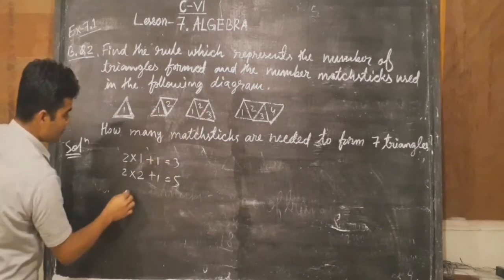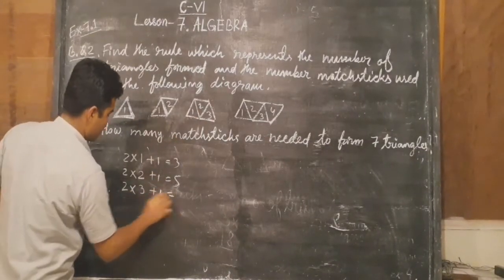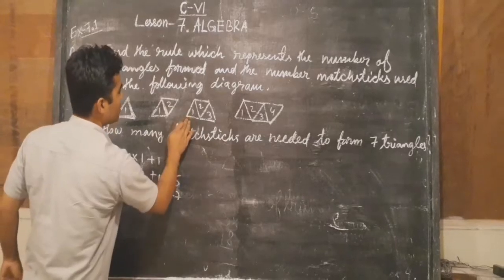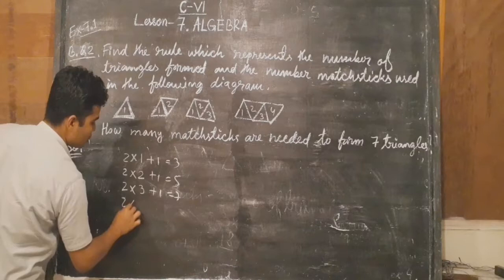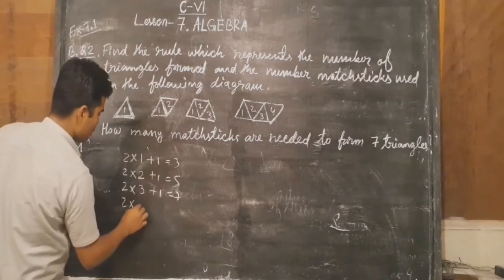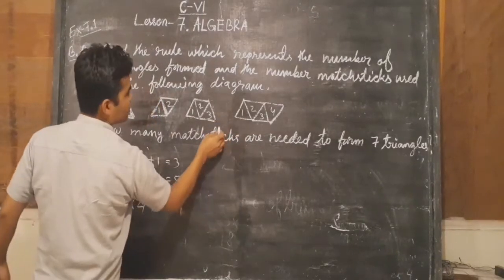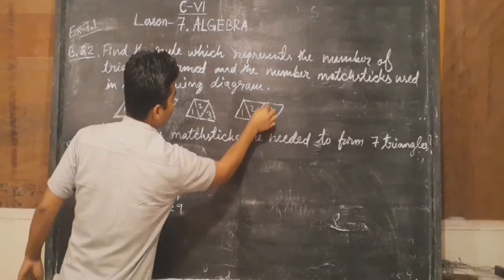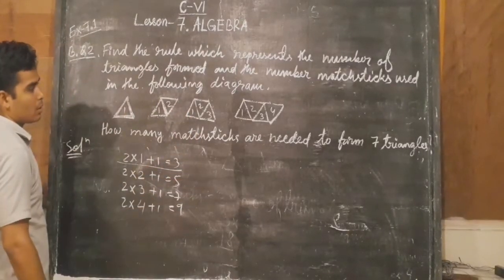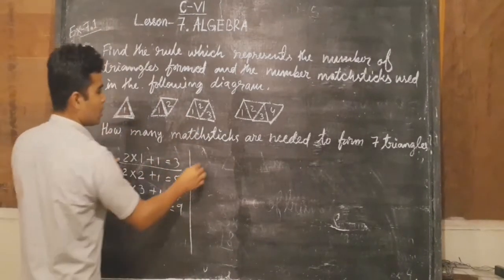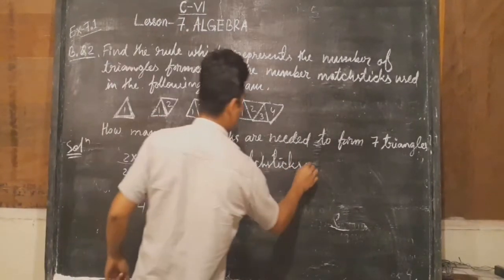And in this you can see 2 into how many triangles? Number of triangles 3: 2 threes are 6, plus 1 is 7. You can count here 1, 2, 3, 4, 5, 6, 7 matchsticks. And for 4 triangles, 2 into the number of triangles plus 1. 2 fours are 8, plus 1 is 9. You count the matchsticks: 1, 2, 3, 4, 5, 6, 7, 8, 9. So for joint triangles, we use a formula, that is number of matchsticks is equal to